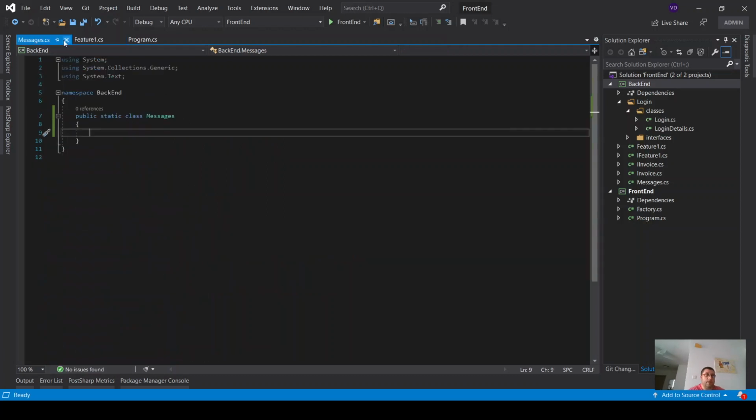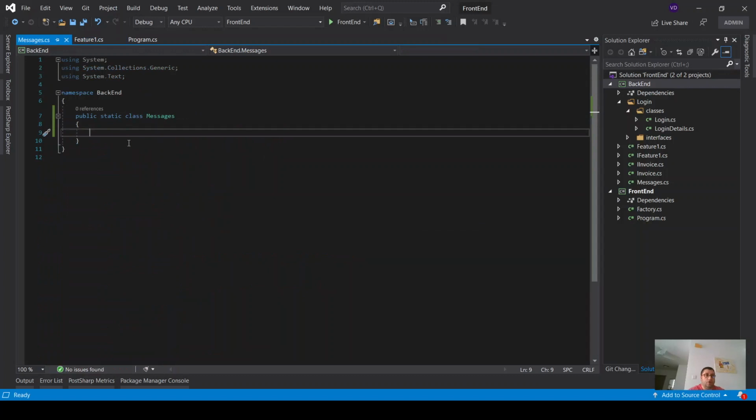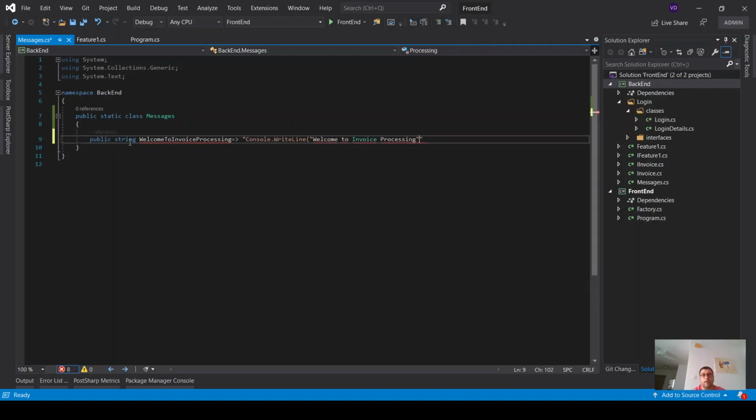We can call this, let's say, welcome to invoice processing, right? This one right here, invoice processing. For example, I can do it this way: public, for example string, welcome to invoice processing, right? And just do this, okay? This is a method, obviously. String